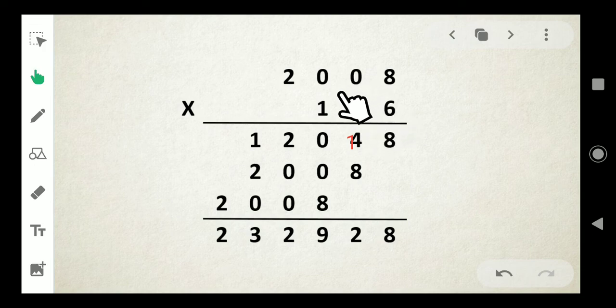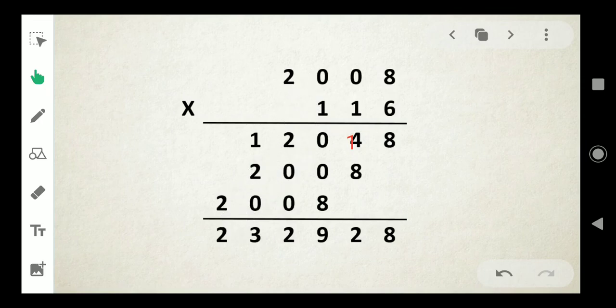We multiplied with the first digit. So next we are going to multiply with the second digit. That means we should start from the second place. 1 into 8, 8. 1 into 0, 0. Again 1 into 0, 0. And 1 into 2 is 2. We multiplied with the second digit also. Next we are going to multiply with the number in the hundreds place. That is 1. So we should start writing answers from the hundreds place itself. 1 into 8, 8. 1 into 0, 0. Again 1 into 0, 0. And 1 into 2 is 2.